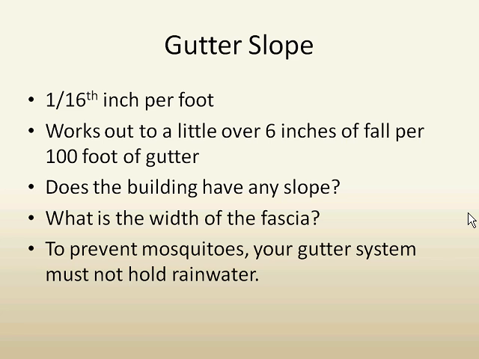So later on, when you're talking about sizing gutters, there's a trade-off between the slope of the gutter and the capacity, and when you compare that to downspouts. It may be that you need to increase the capacity of your gutter, and without increasing the size, you may be able to do that by increasing the slope slightly. That all depends on, like I said before, what kind of length of building you're talking about, what's the width of that fascia board, just things that you have to think about.